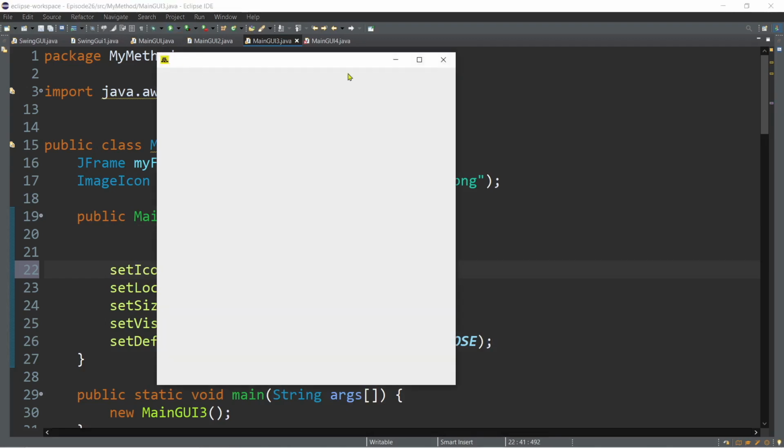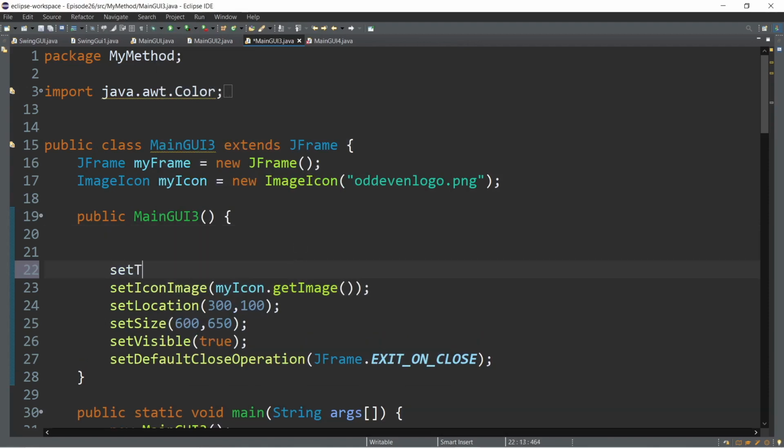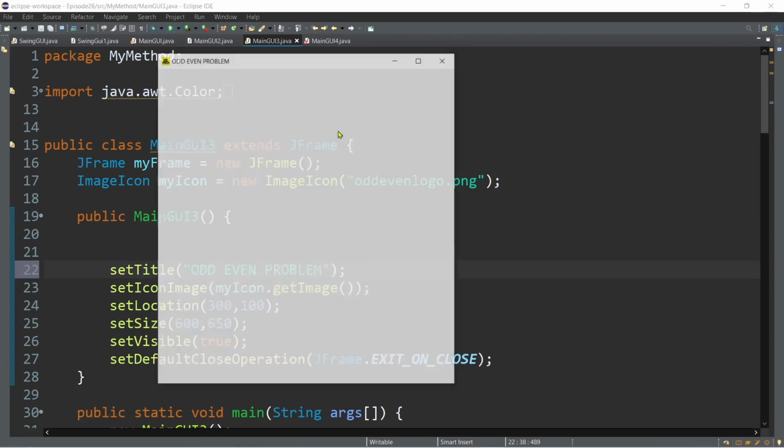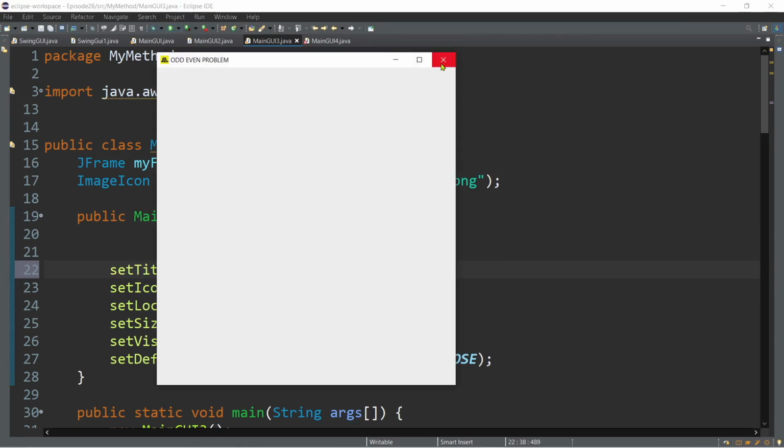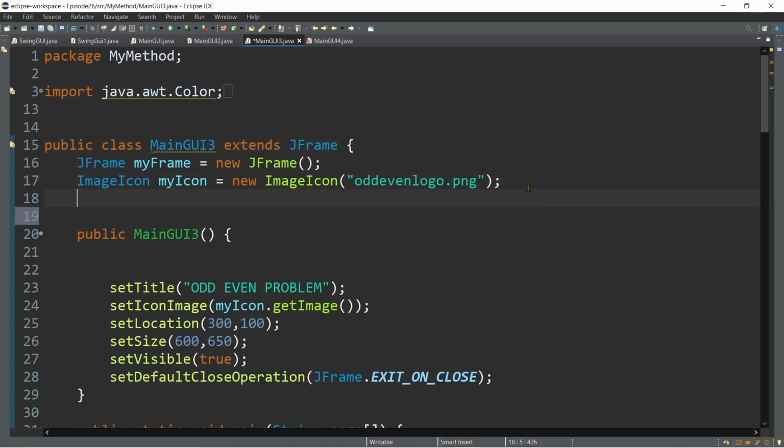So we have now an icon here, and then we will add another text in the title bar. So we have set title, and then for example we want to have add even problem. Okay, right, we have the add even problem now. Let's try to make this one first. Okay, so the next step is to add components, but before that we will instantiate first